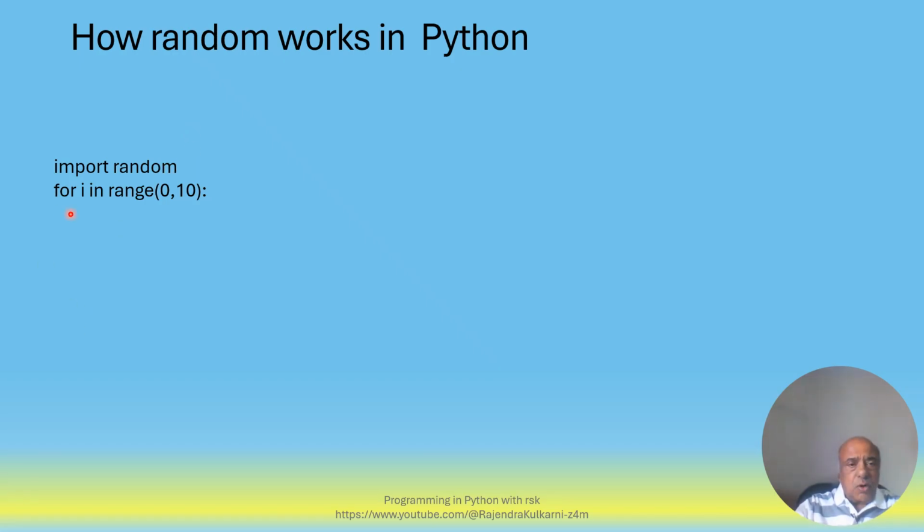Then there is a for loop, i in range 0 to 10. Print random.randint(1, 50). So this randint function, a method of module random, will output every time it executes